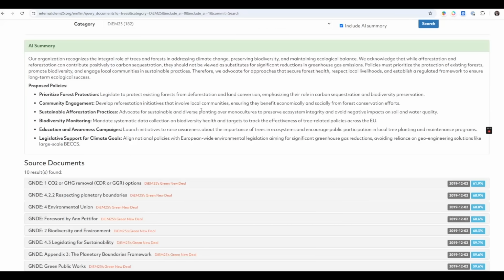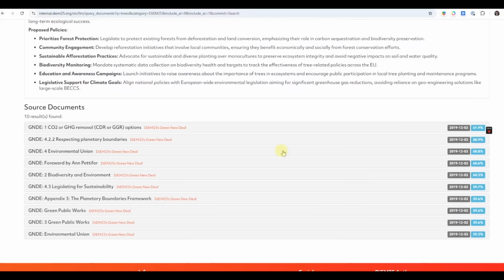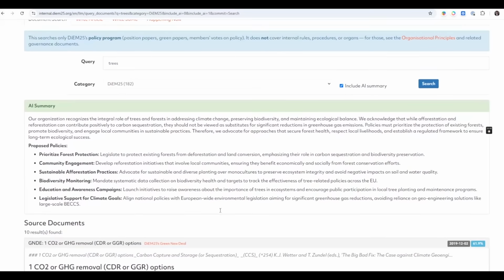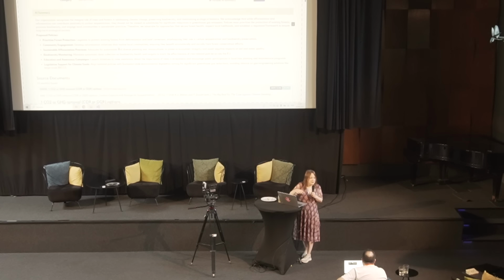It's a semantic search across all of our voted policy papers and all member votes. Only the policy ones, not internal organizing principles, these kind of votes. And here you can find those documents and also read the relevant sections, and you can find an AI summary of what we're proposing. Now, as with any AI, take this with a grain of salt, it might still be wrong, but considering that we're feeding our policies directly into the AI and saying, just summarize these papers, it's more reliable than if you ask ChatGPT what the DiEM policy is on something.